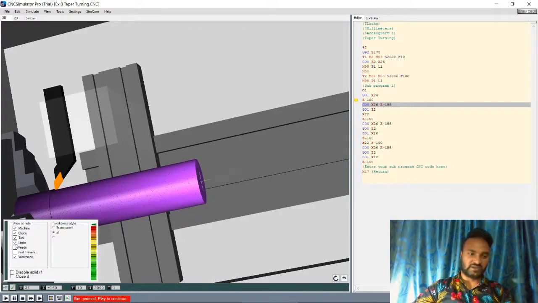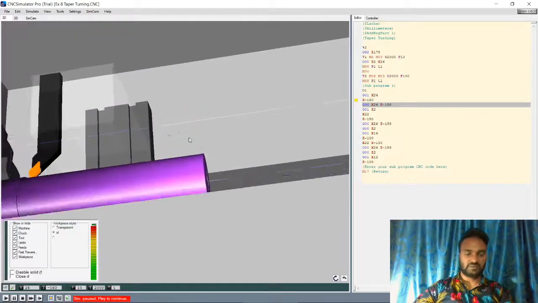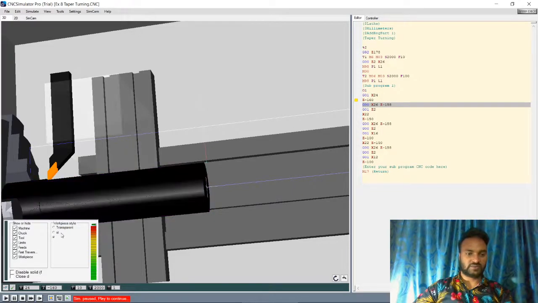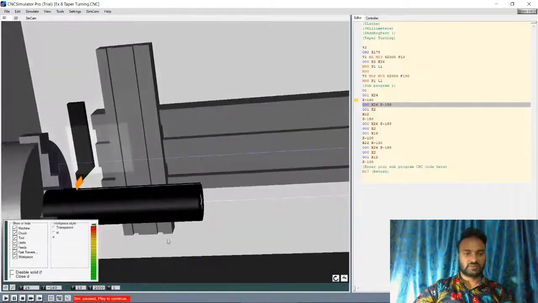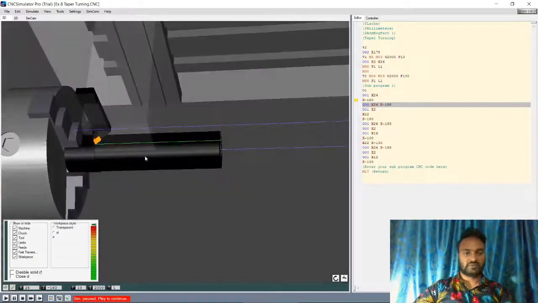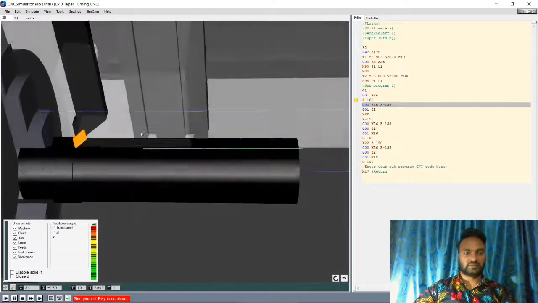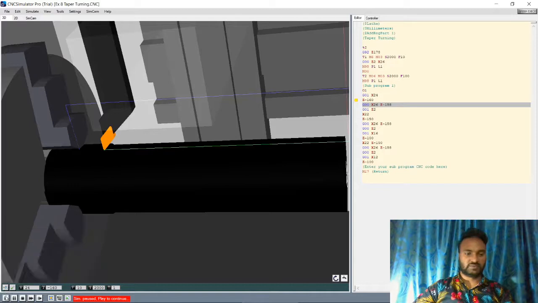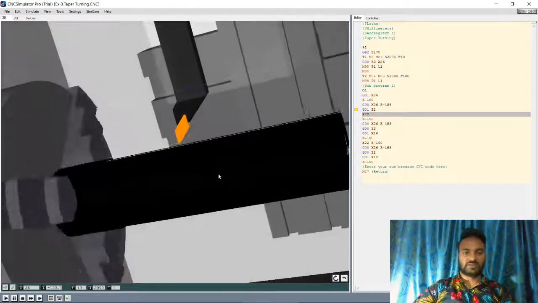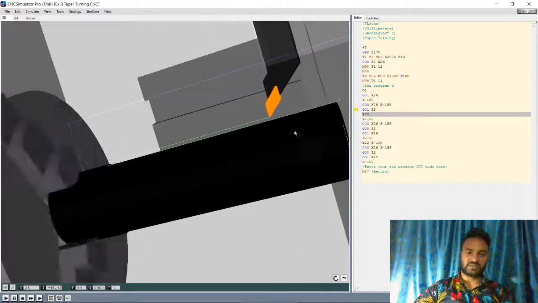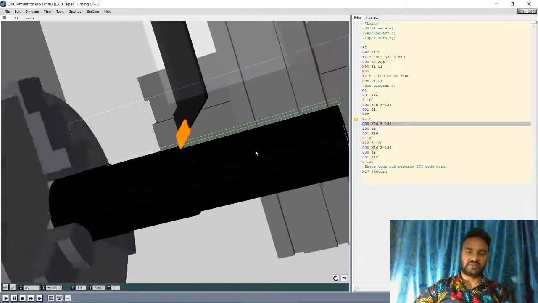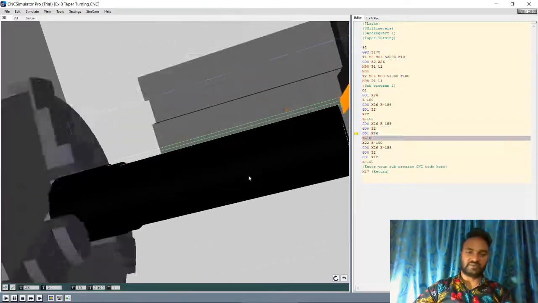So I will turn on the limits fade, so you can visualize. Transparent workpiece, no. Okay, see this one is above, it is not touching the workpiece because I have given X26, the radius is 25, so it is moving 1 mm away from the workpiece.